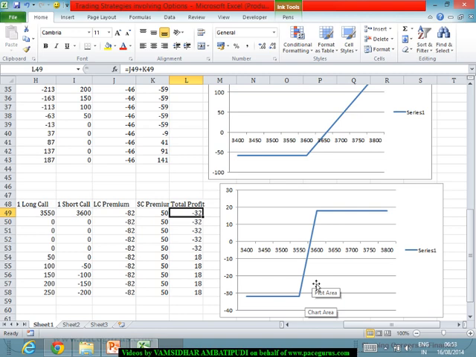So typically we can work with this kind of a strategy, especially when we have initially written a call under the assumption that the market price will go up. But when we observe that the market price is actually not going up, but it is falling, and because of that I'm getting subjected to